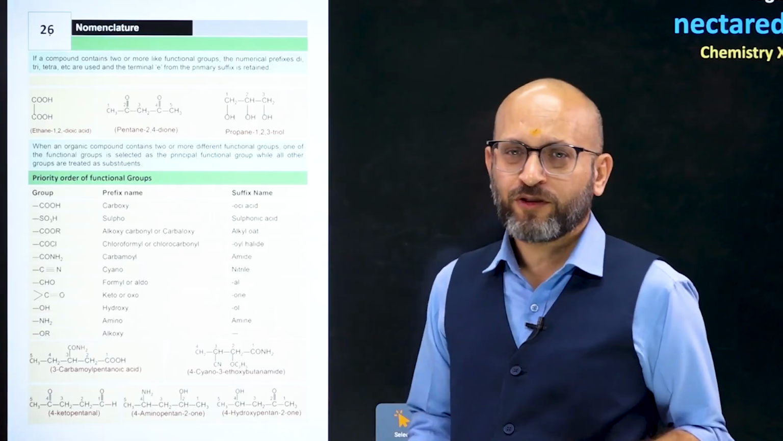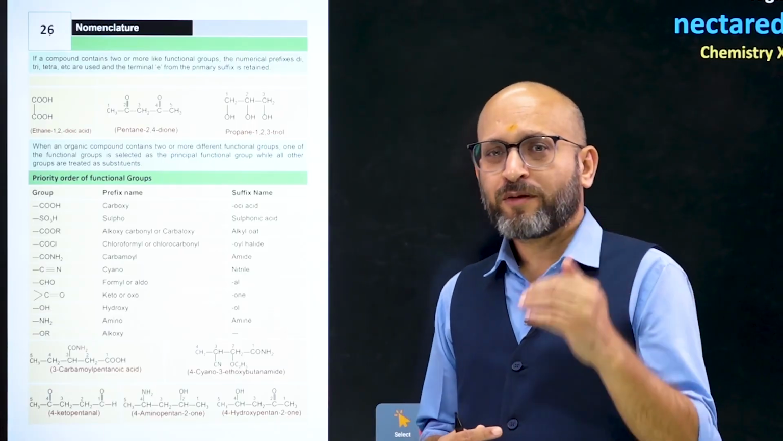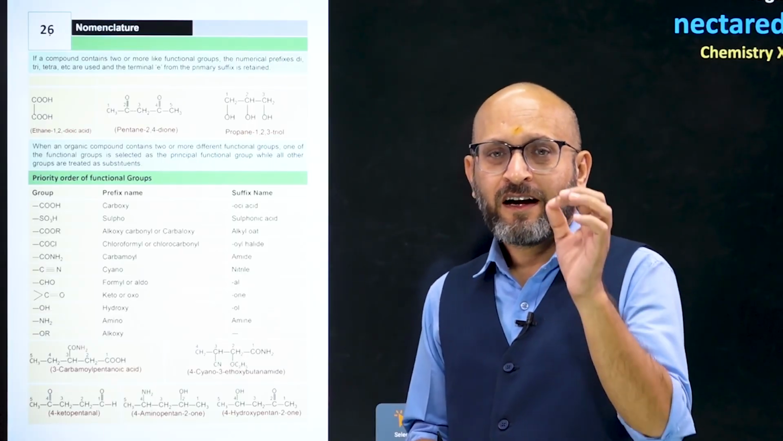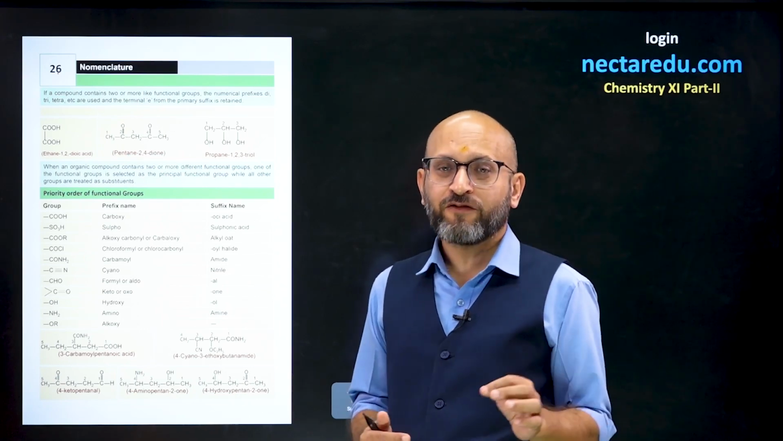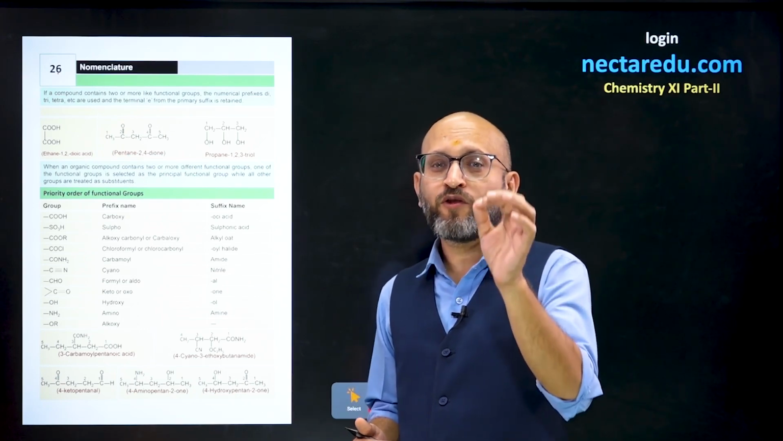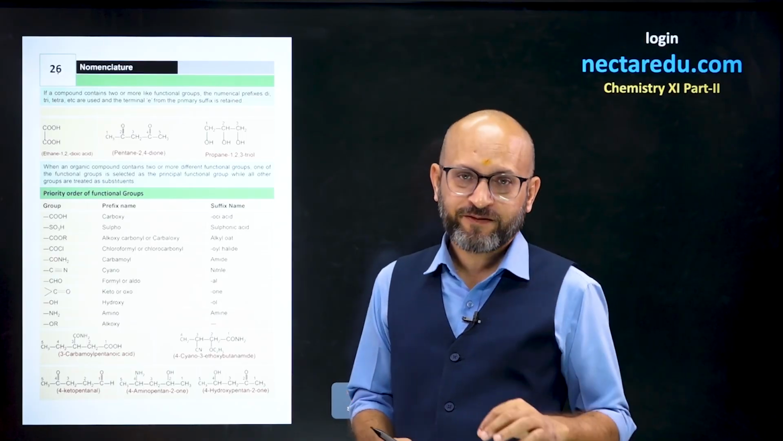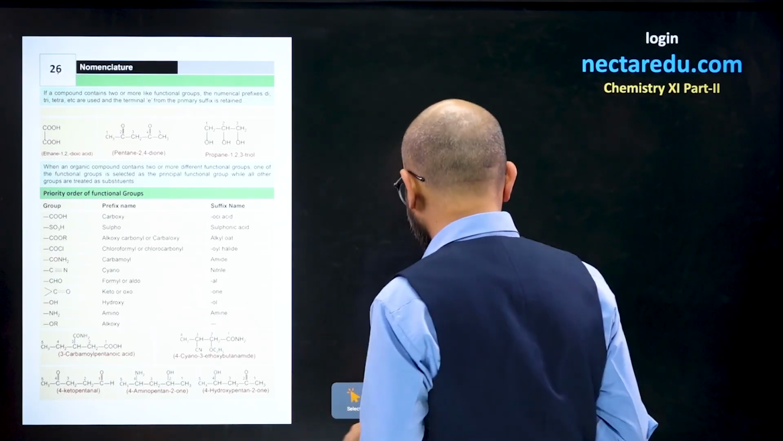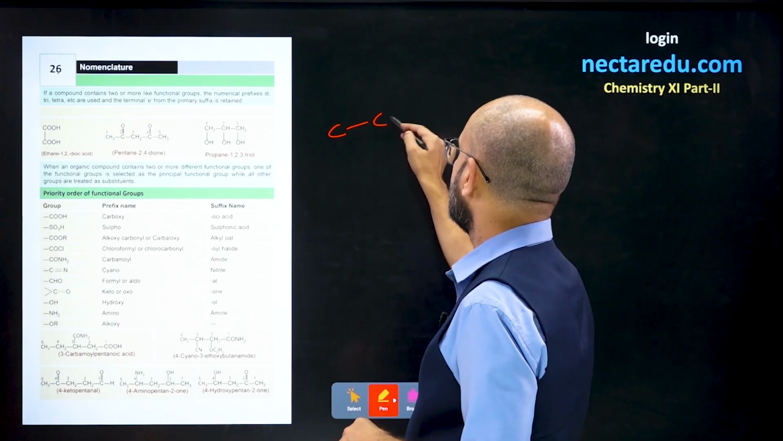And one more thing you have to remember, whenever the suffix name starts with a vowel, then we have to remove the e from the primary suffix. For example, if I take an example like this,